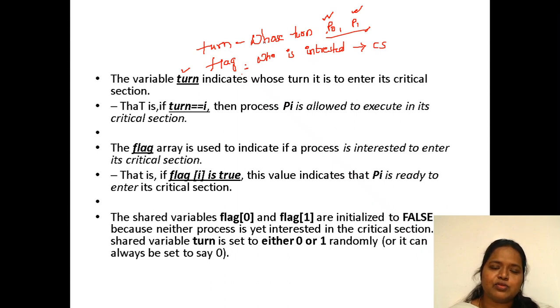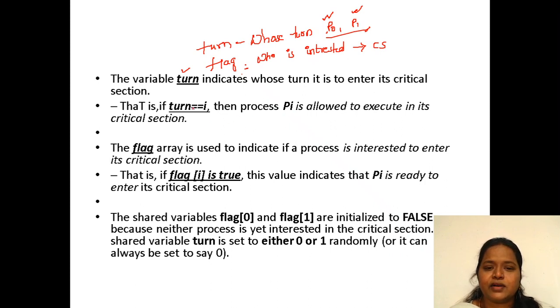If turn equals 0, it means it is now process P0's turn to enter into the critical section. Flag of 1 equals true means process P1 wants to enter into the critical section. That is how it gives an indication by setting the flag value.